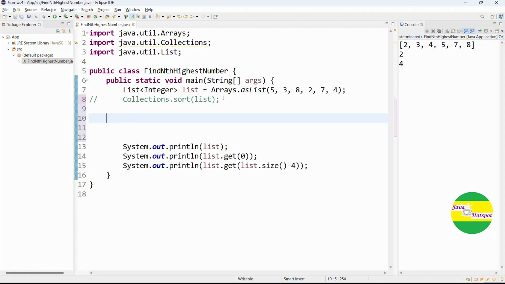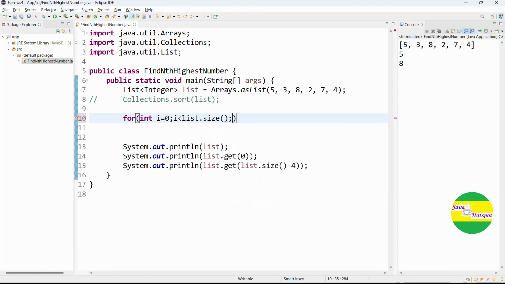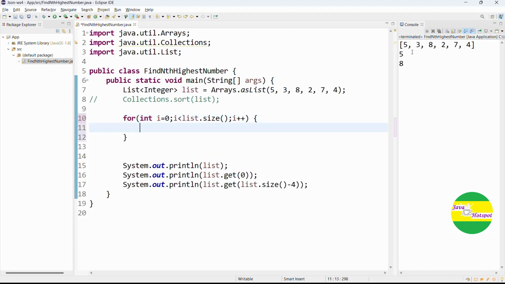So in case I run this, it will give a wrong result because it is not printing in sorting order. So if you expect it, it will give wrong result. For that, first I will make a sorting order. I am taking two for loops. int i = 0; i < list.size(); i++. So I am looping or iterating from index 0 to last index,